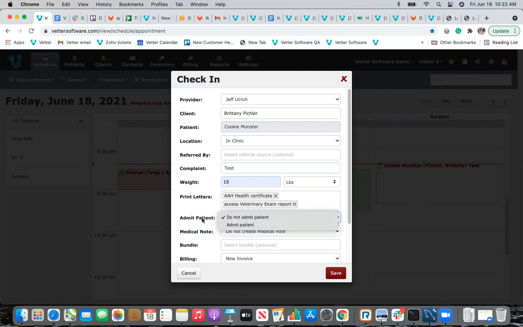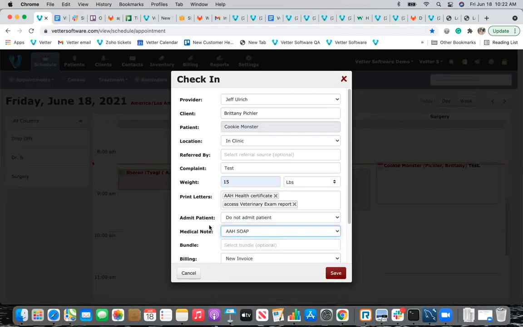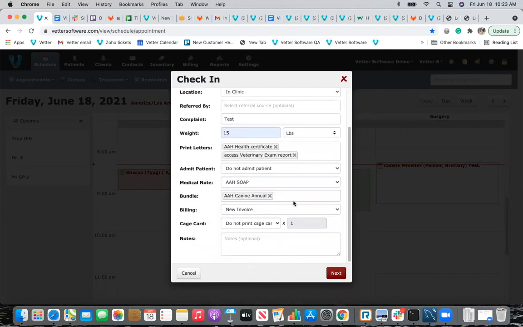If you're admitting a patient, you can select that; if it is a simple appointment, you can select do not admit. If there is a medical note that you want to associate to this particular appointment, you can select that medical note. If you also want to have a bundle added, it's all your choice if you want to do this or not. Or if you want to create a new invoice for this appointment, you can. I selected everything,